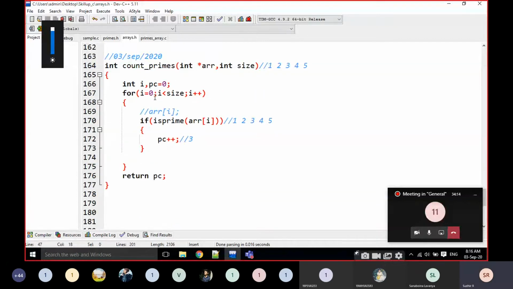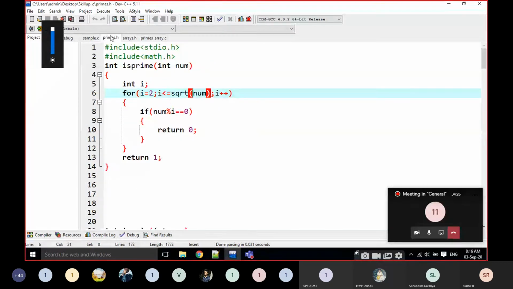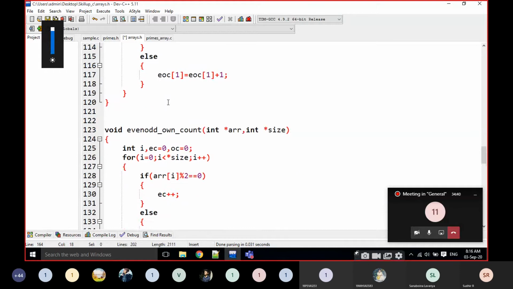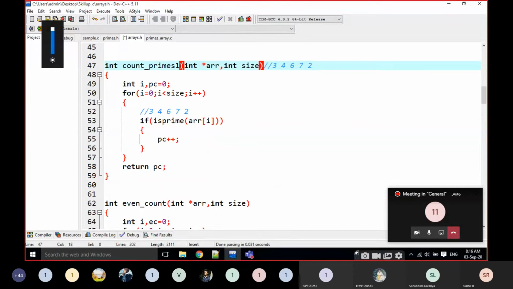Is prime of n. This one, 1, 2, 3, 4 and 5.